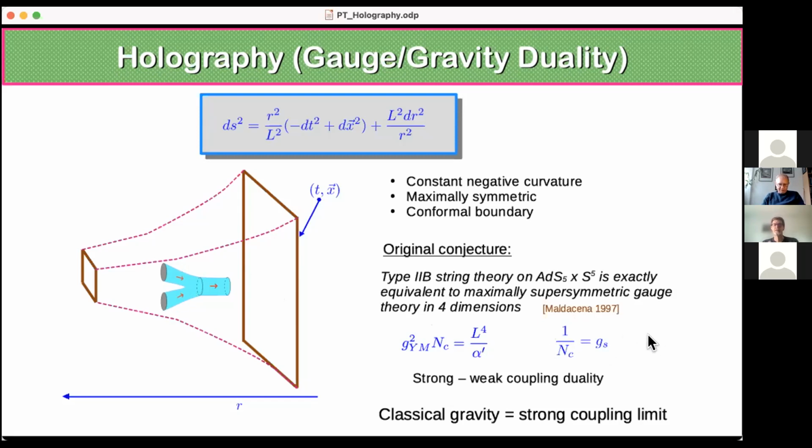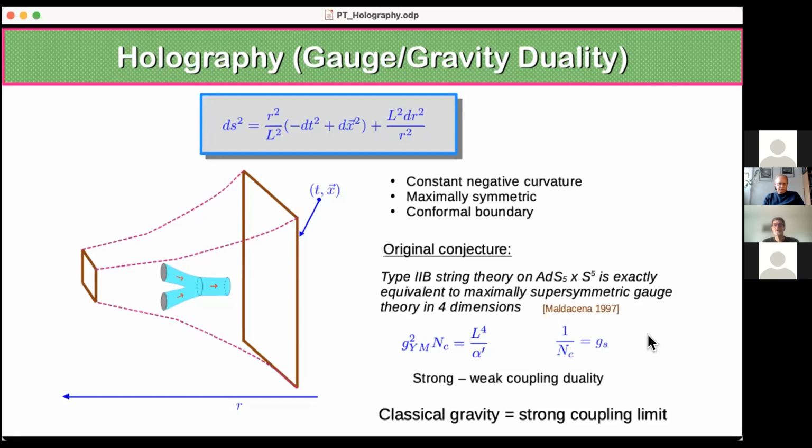And this can be mapped exactly to the large N 't Hooft expansion of this supersymmetric gauge theory, at least formally. But what is important here is that if this duality holds, and there are very good indications, probably not the proof, but it's very strongly believed that this holds,